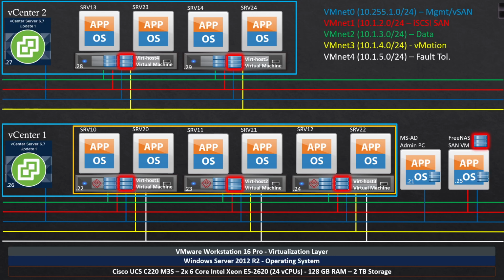How's it going, everybody? In this video, we're going to go ahead and deploy the MSAD server right here. We're going to deploy Server 2012 R2 inside of VMware Workstation 16. We're going to give it the IP address of 10.255.1.21 once it's all booted up. And after we get the server deployed, which is only going to take us a couple of minutes